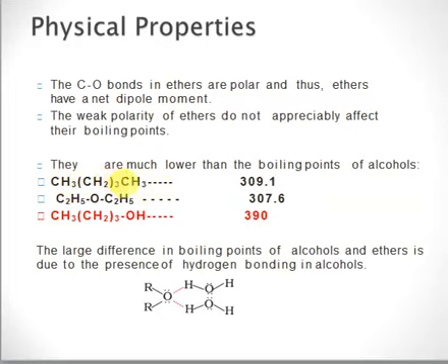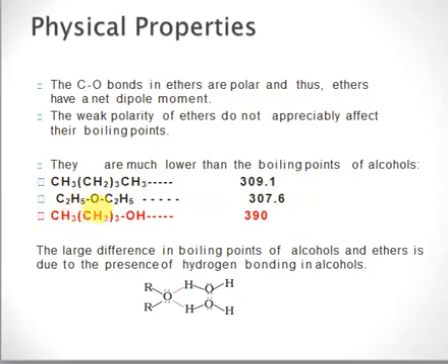We have pentane, whose boiling point is 309 Kelvin. In case of ethers, the boiling point is 307.6. So you may say that the boiling point of ether is lower than that of alkane as well,